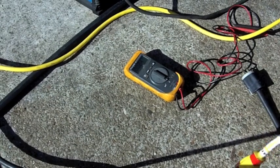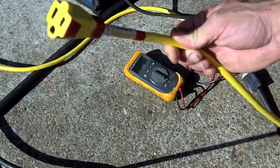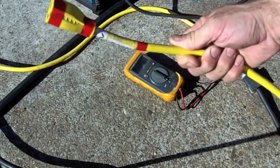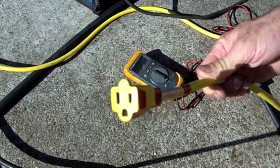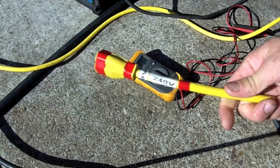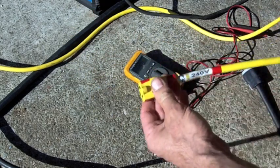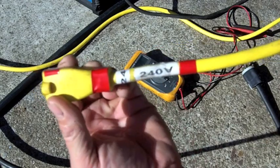What I did was I took a 12-foot, number 12 gauge cord designed for 110 or 120 with an Edison plug female. I cut the male off and put on a twist lock that goes into the 220, 60 amp 220 I have here at the house. Now, as you can see, I've clearly identified this as a 240 volt